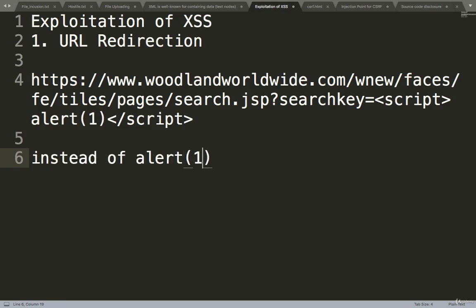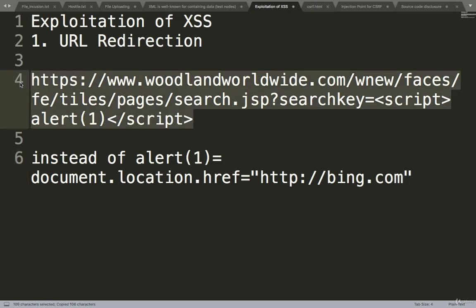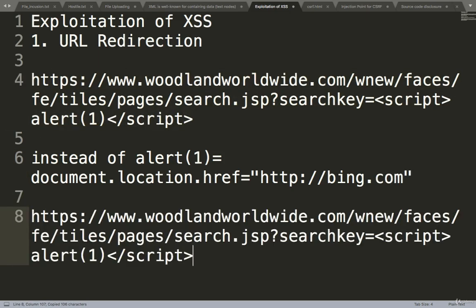alert 1, what if I give document.location.href and I give some website there, http://bing.com. Let's do this now. So everything will be the same. So instead of this alert 1, if I do this